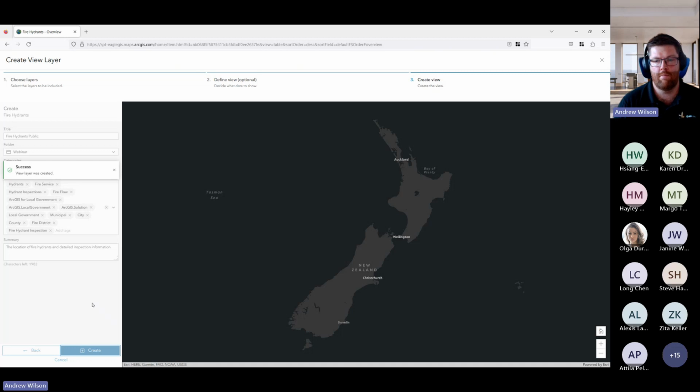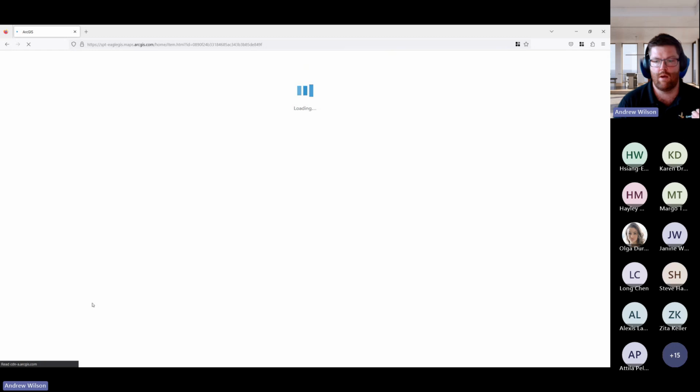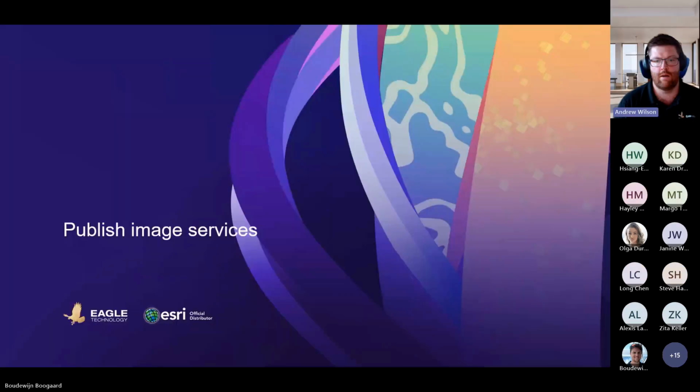And I could also do a similar process for my field staff. So I can go in, get them to fill out the fields that they need. I can also share this to public, so I can change the settings of the view. And I can also enable, so editing's turned off and sync's turned off. Because it's going to be public, I don't want people to edit it, and I don't want sync to be enabled.